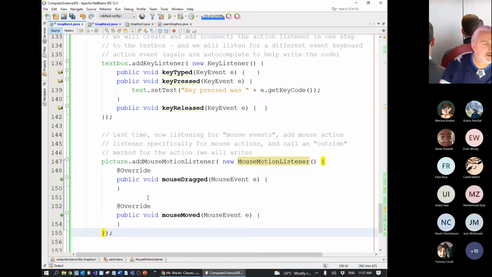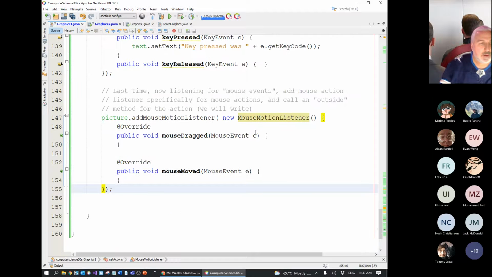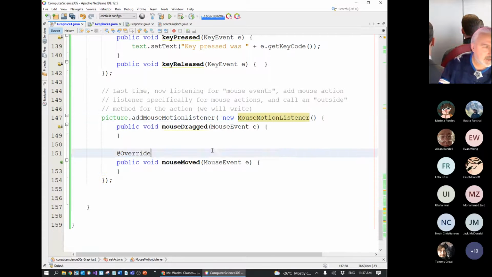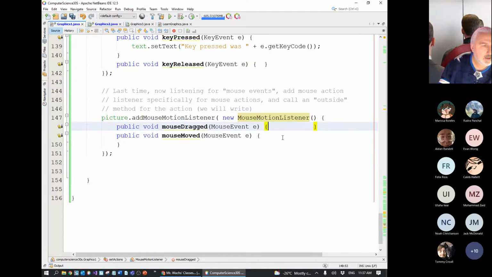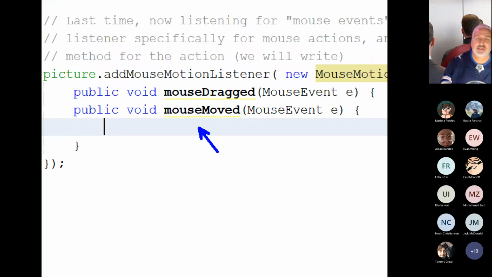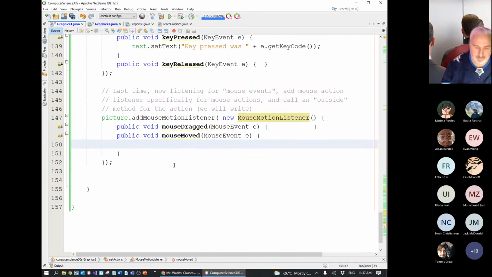Okay, using Control Spacebar, the same method we did before. I'm going to get rid of a few of these little extra comments. And we're going to just go to where it says mouse moved. So the second the mouse moves over the picture, I want to do stuff. And what I'm going to do